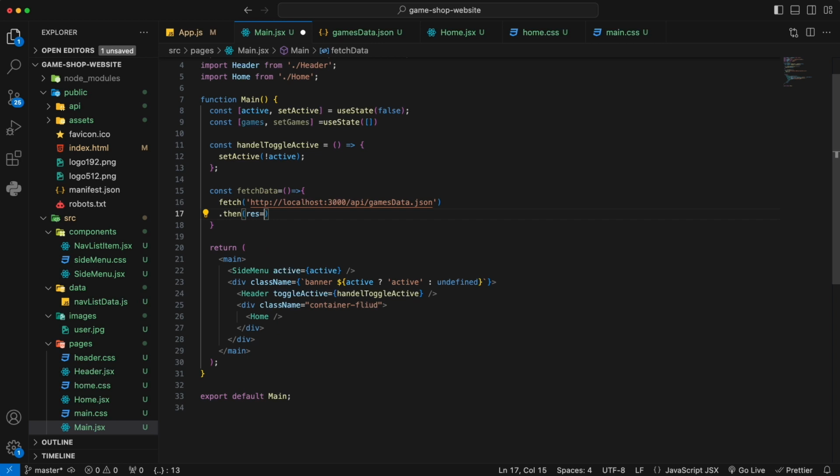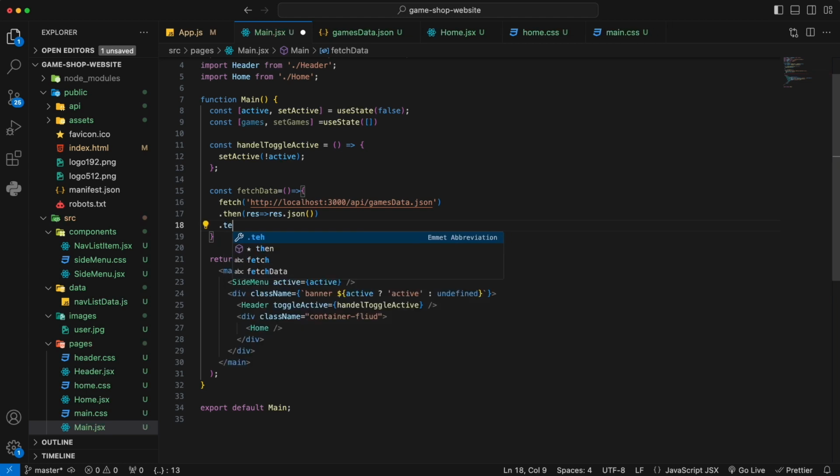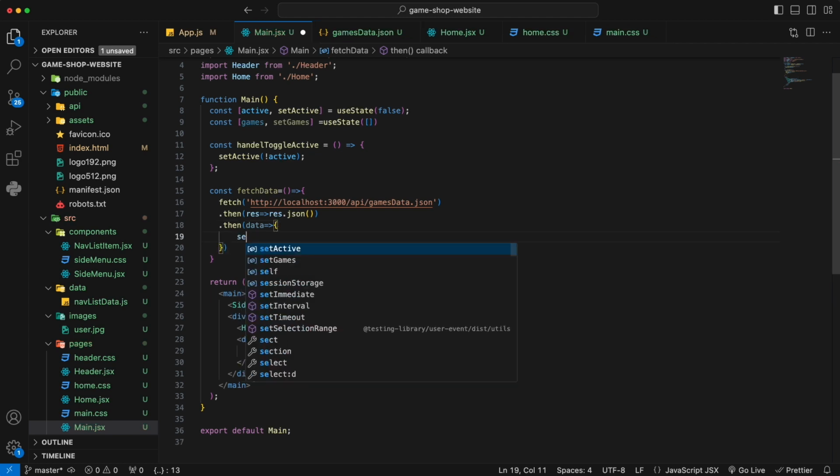Response, decompose that with response.json because we know it's going to be JSON data that we are handling. And then once we handle that JSON data, we have the data back. That's the real data. How are we going to store that data? We're going to store the data in games. Okay. So far we just write a function saying set game